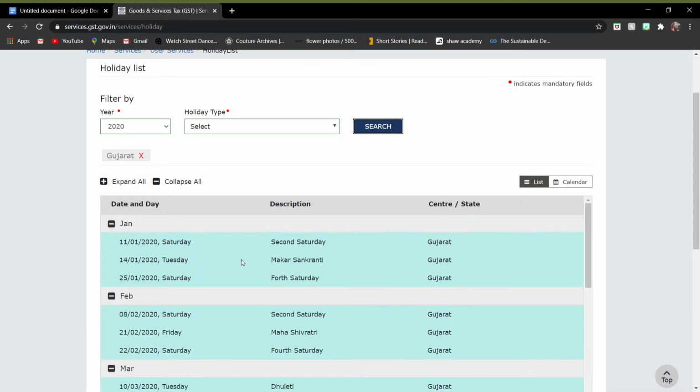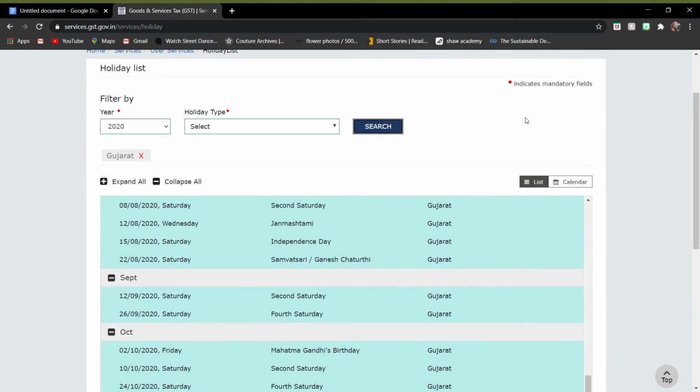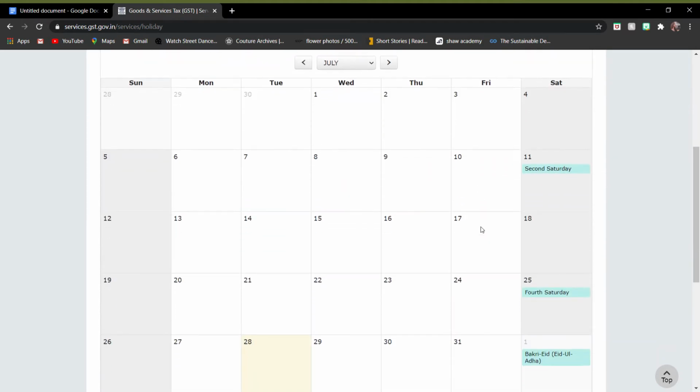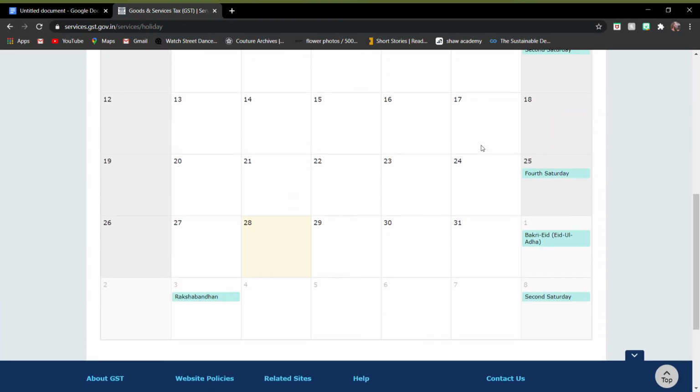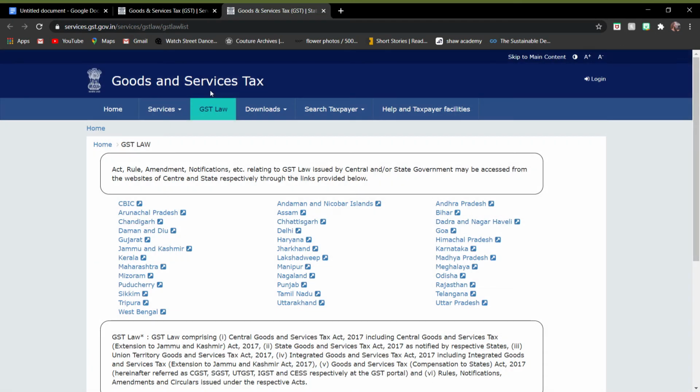You can see different holidays in different months in the form of a list. If you're comfortable with the calendar form, you can even view it over here in that form.